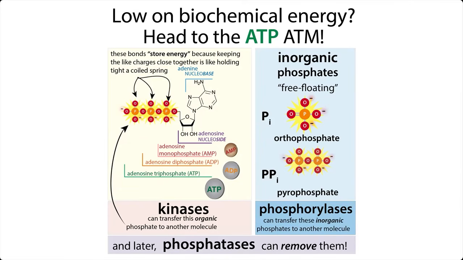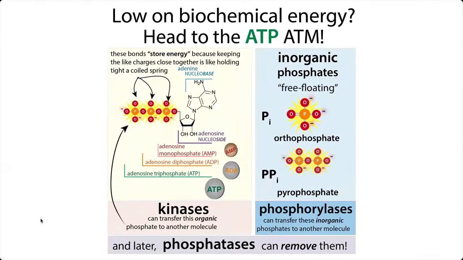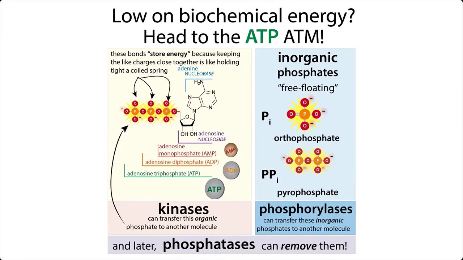Similarly, we can break down all sorts of different molecules. We've got fats, we've got glucose, we've got amino acids. All of these can be broken down, catabolized, to give you ATP. And then that ATP can be used by various enzymes in your body. By coupling, it can be used to power unfavorable reactions. And so we've got this powerful token, this energy storage form. It doesn't care where it came from, but you can use these different fuel sources to make it, and then you could spend it in all sorts of different places.